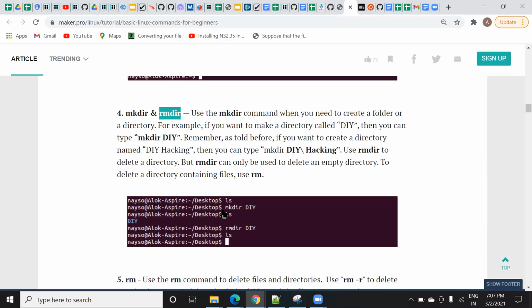After that, if you want to create a directory, just write mkdir diy. Then you want to check whether it is created or not. What step will you follow? You will simply type ls. Once you do, you will find that it's now available. If you want to remove it, what will you do? You will simply write rmdir diy. So rmdir is used for removing the directory.